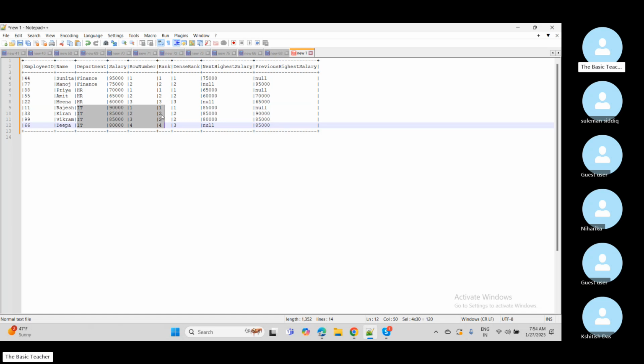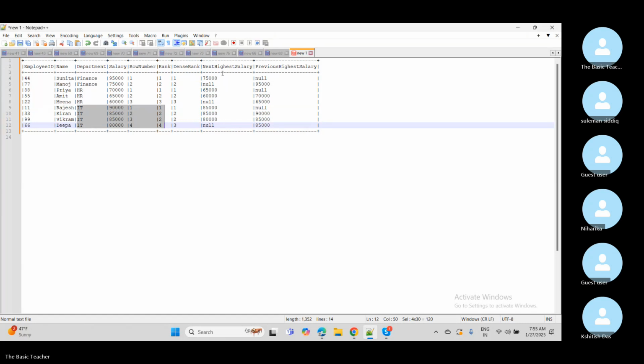In rank, it will be generating the rank, but there will be a gap. If any number is a duplicate, then internally that will be counted as a sequence number, and in the output that number will be missing, it will get skipped. And here it will be the same, 1, 2, 2, and then next there can be more numbers with the 2, with 3, with 4. There can be duplicates. In that case, for however many are the same number, it is going to assign the same rank, but this is not going to skip any ranking in between 1, 2, 3, 4, 5. This will be continuous for any number of employees, any number of records. Okay,